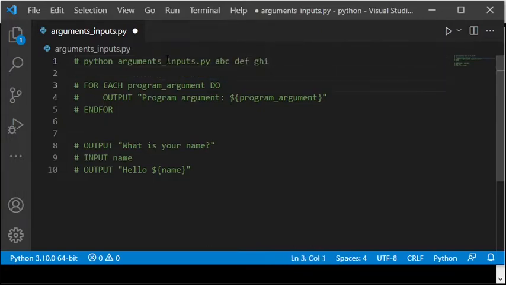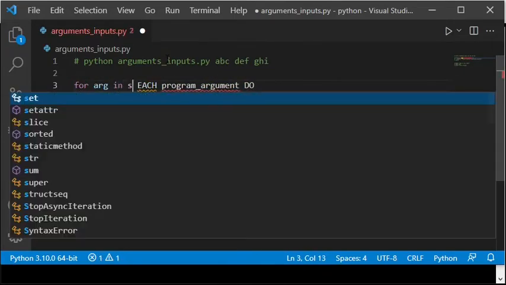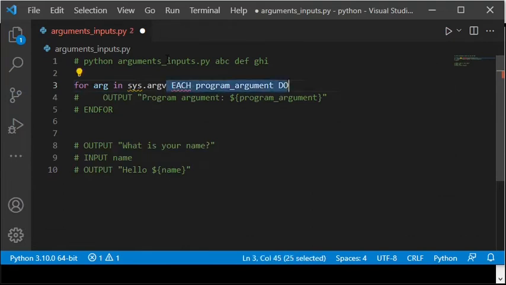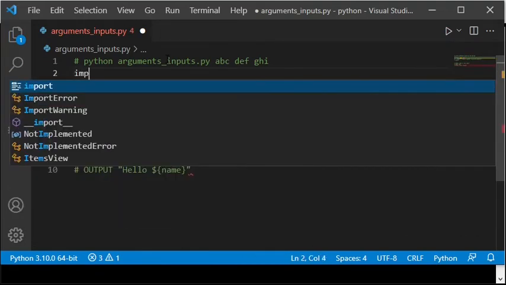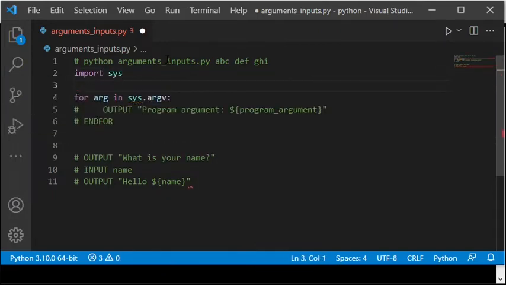The program arguments can be received with sys.argv, which is a list of strings that can be iterated in a for loop. To be able to use sys.argv, you must import the module sys. Inside the loop, program arguments are printed to the screen with the print function. Here I am creating the string with so-called string interpolation and the variable name in curly brackets, which means that the content of the variable will be part of the string.